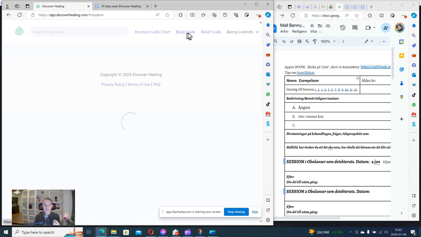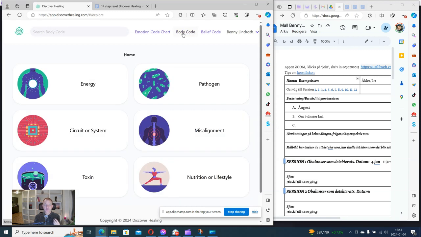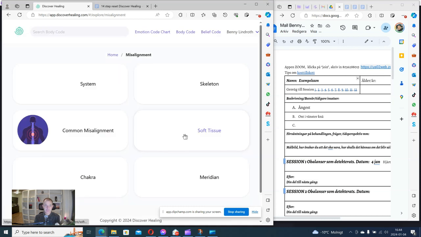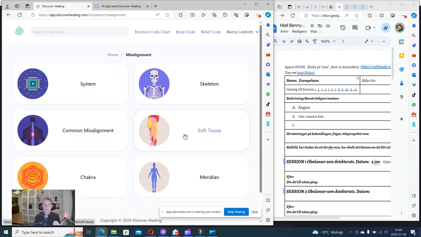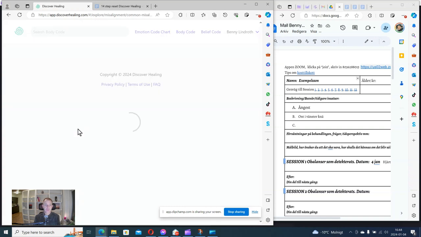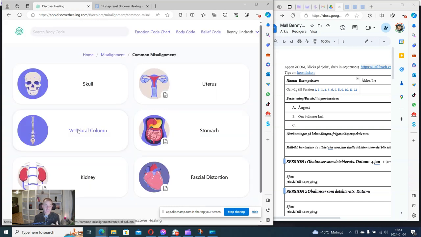So let's go back. In the body code, you can end up in other places. We have these six large areas where there are a lot of things in each. Like if I click misalignments, we have six underlying sections as well.